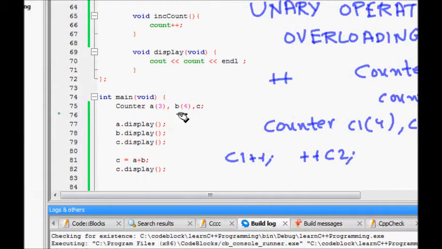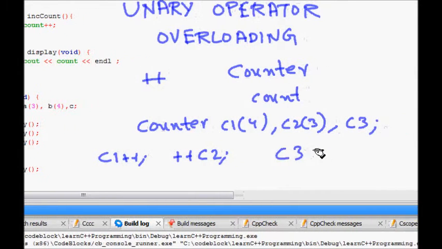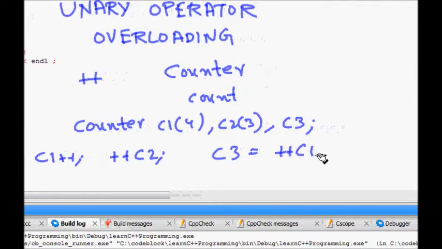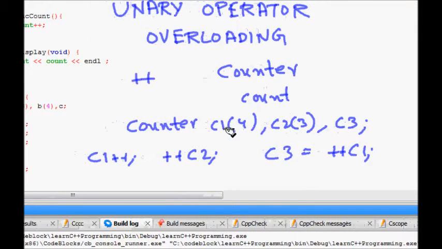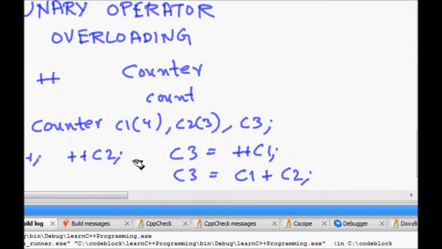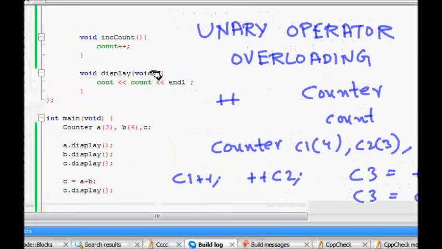Now the next requirement someone might say is, let's say I want c3 to be equal to plus plus c1. This was working fine with our code. But if someone says, let's say c3 is c1 plus c2, so what should happen for c3 is c1 plus c2?